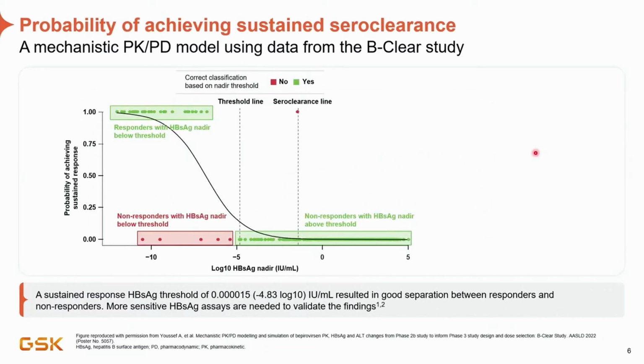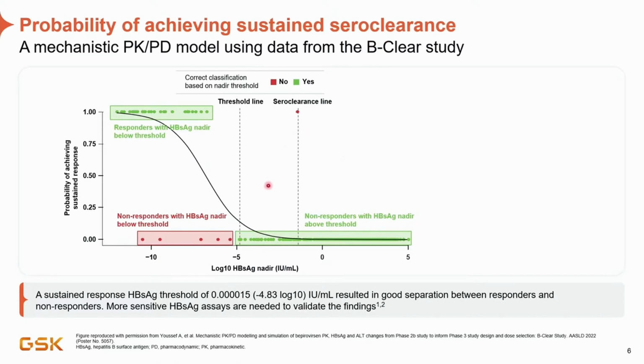We can then aggregate all those traces into a probability curve. So here you see the probability of achieving a sustained response 6 months after the end of Bepi treatment against the log to the base 10 of the hepatitis B surface antigen nadir value, so the lowest value achieved on treatment in the model data. And you can see that this divides the model participants into three